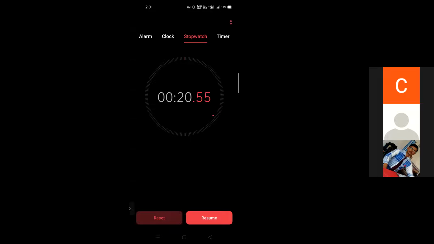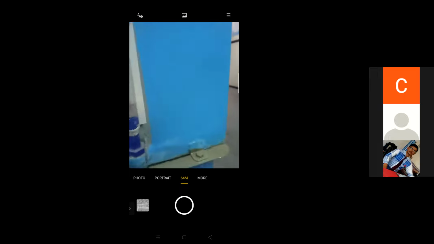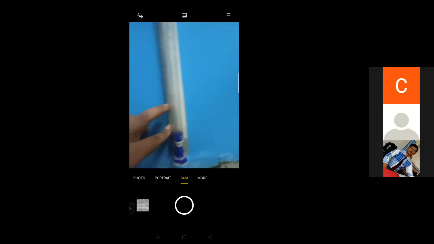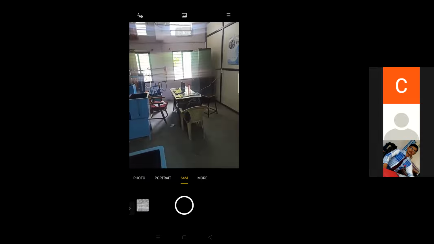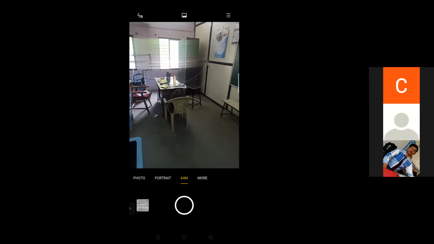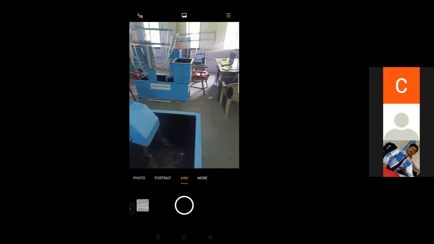So 20.50. Okay, 20.50 you can take as the time, or 20.55 also you can take. What is the time required to rise the water level from 30 mm to 60 mm? So the small h value you can take as 30 mm or 0.03 meter. And what time was taken? 20.55 seconds. Okay, so that's the reading we have taken.